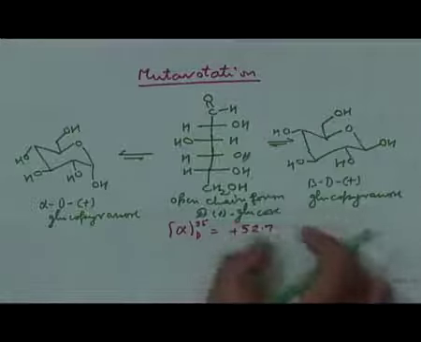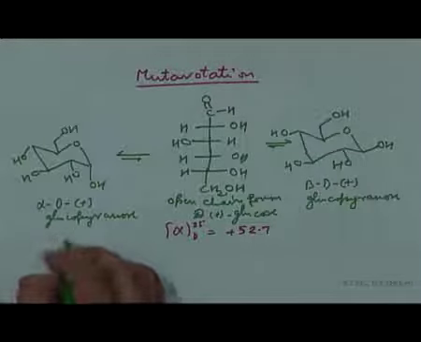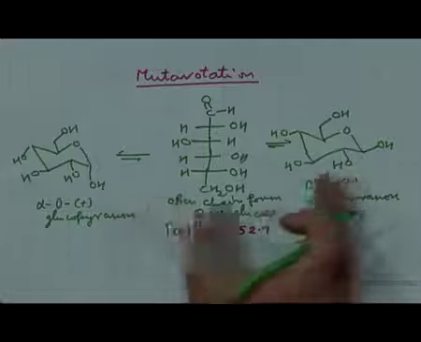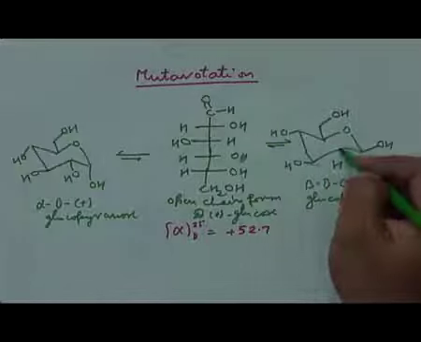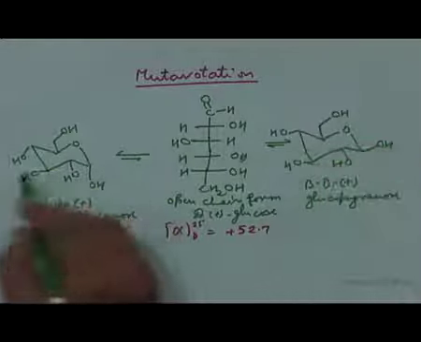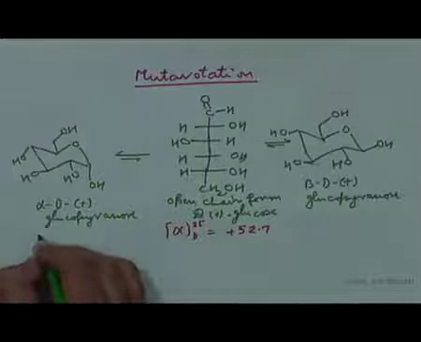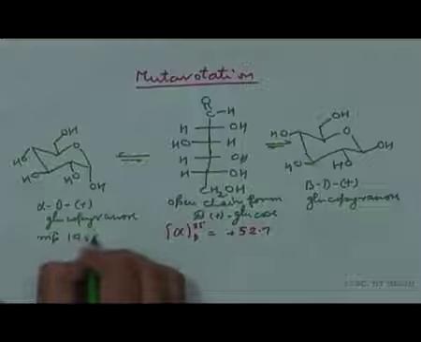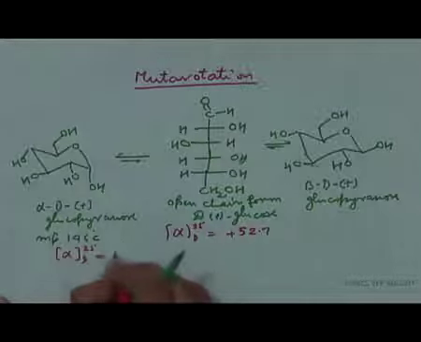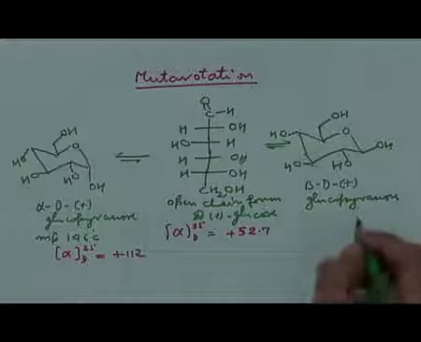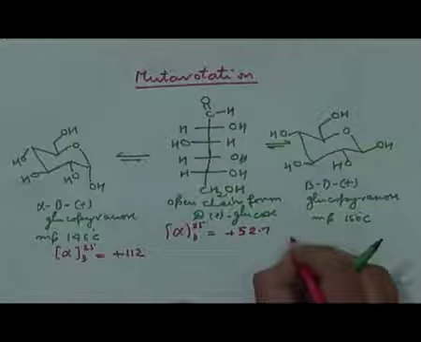Now, these two crystalline structures can be separated, and it has been observed that alpha D-glucopyranose, these two are basically diastereomers, because if you see carbon 1 has a different stereocenter, otherwise all the other chiral centers 1, 2, 3, 4 have the same stereochemistry, only the anomeric carbon has different stereochemistry, and that is why alpha D-glucopyranose has a melting point of 146 degrees centigrade and a specific rotation close to plus 112, whereas beta D-glucopyranose has a melting point of 150 degrees centigrade and a specific rotation